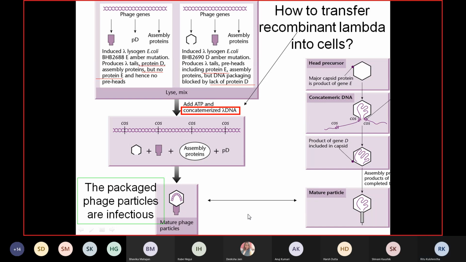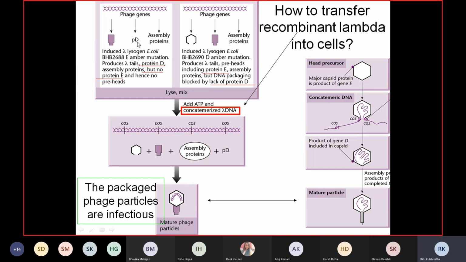particle. Another option is that rather than purifying another protein and then adding it to this lysate, they use two different mutants. In this case, because the mutation is in protein E, we will have this pre-assembled tail. We will have assembly proteins. We do have this protein D also, but because protein E is not there, pre-heads will not be